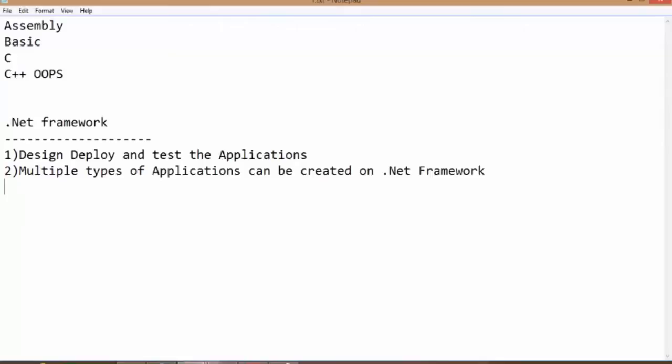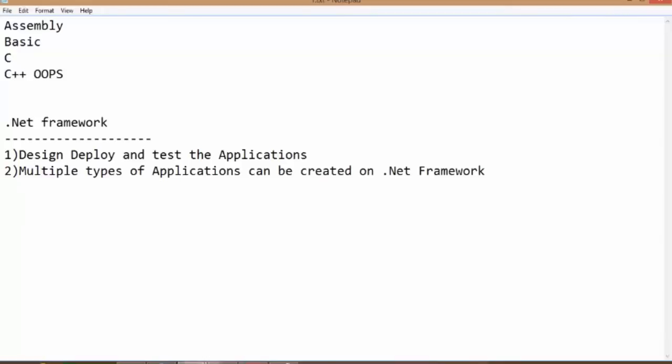For example, we have a login module, a registration module, an accounts information module, and several other modules. Now it's possible that we can create the login module in C Sharp, the registration module in C++, the accounting module in J Sharp, which is basically the Java support in the .NET framework, and some other module in VB.